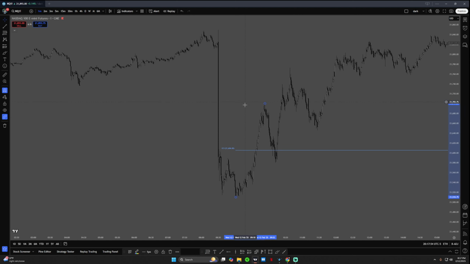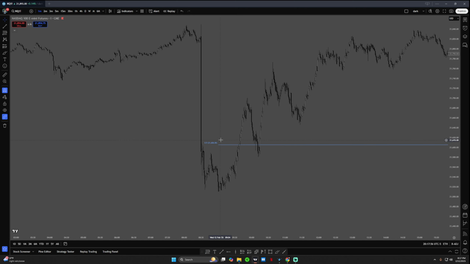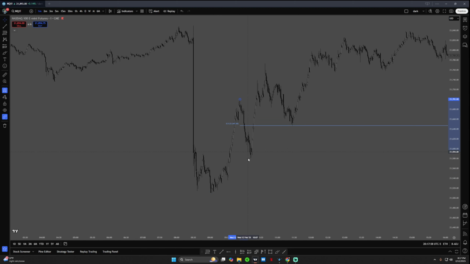So let's take a look. First of all, 50% of ranges is a good thing to look at, because a lot of times you see price retrace into 50% of these ranges and then reject. But why is it 50%? Well, it's because it's the balance point between the low and the high. It's the almost objective point of balance, all right?